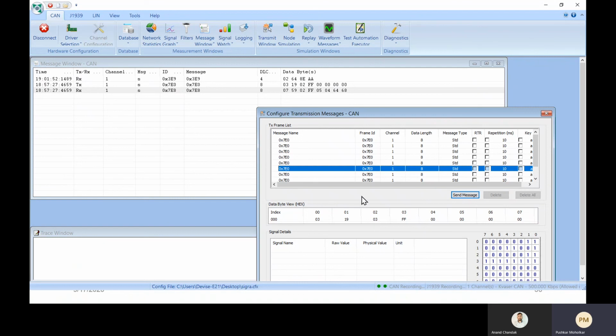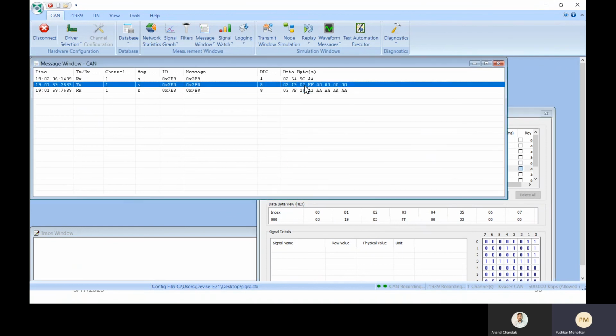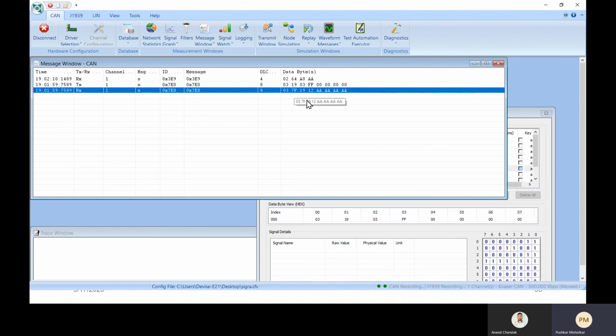And similar to the other services, there is a negative response code for the DTC information service as well. So let's send a subfunction type of 03. So as you can see, after requesting the subfunction 03, we have received a negative response for the read DTC information service with the negative response code 12, which tells us that the subfunction requested is not supported by the current server or the issue.